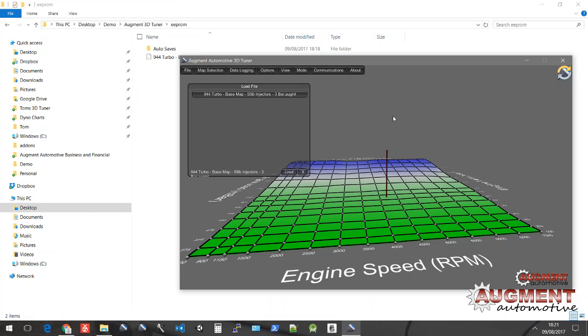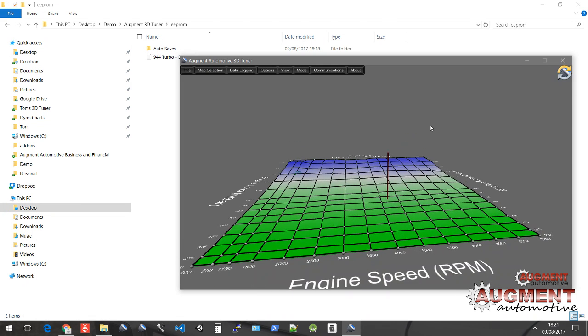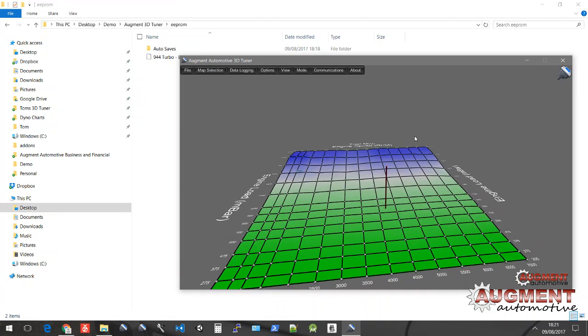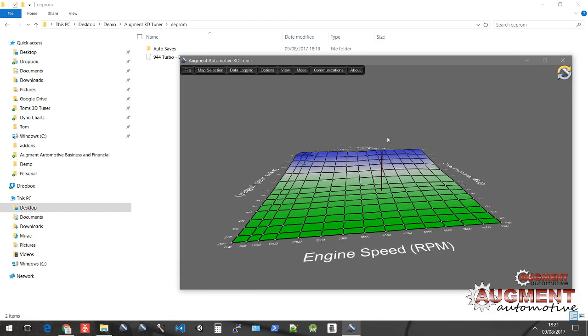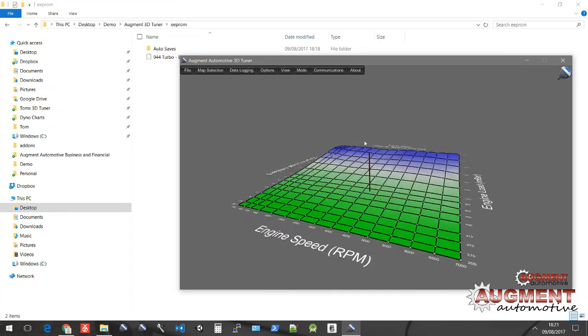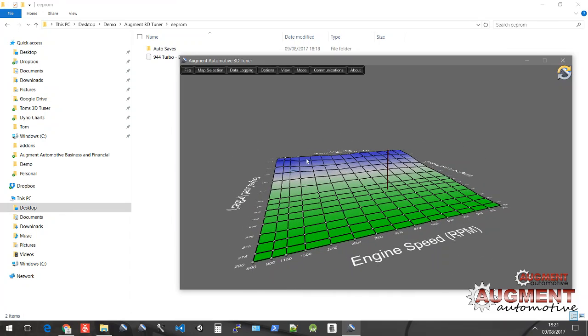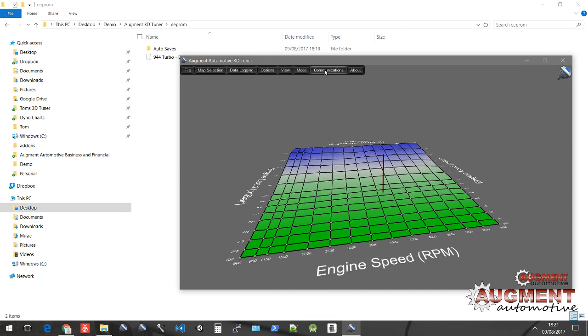At the moment it doesn't give you any feedback, but if you hit that button and it carries on flashing after maybe a slight pause, then you're good. So just close that down and you should be good to go. If you're worried that it's not in there, you can just quickly close 3D Tuner and reopen it and just see if the map file's changed. In future revisions, we're just going to have some feedback here that just gives you some indication that it's gone over successfully, but as long as you hit that button and the menu disappears,